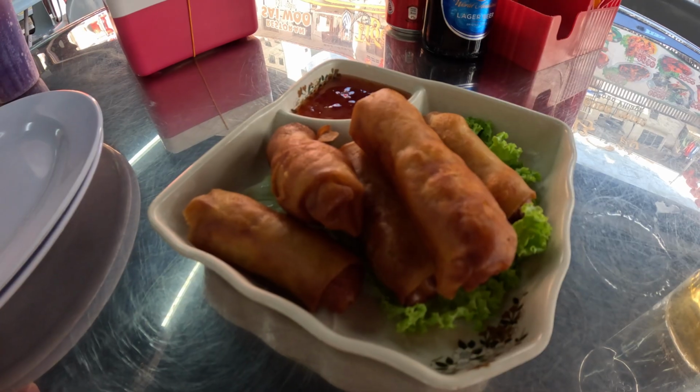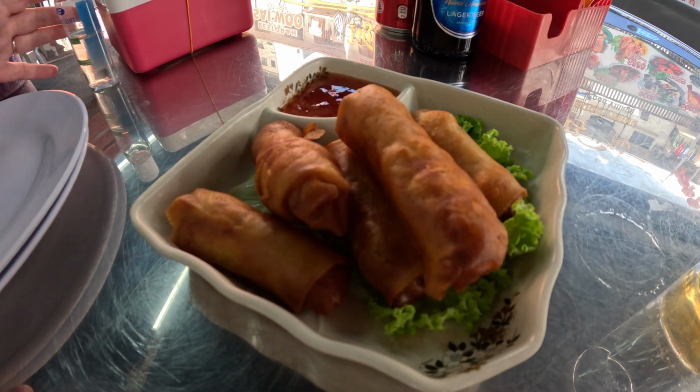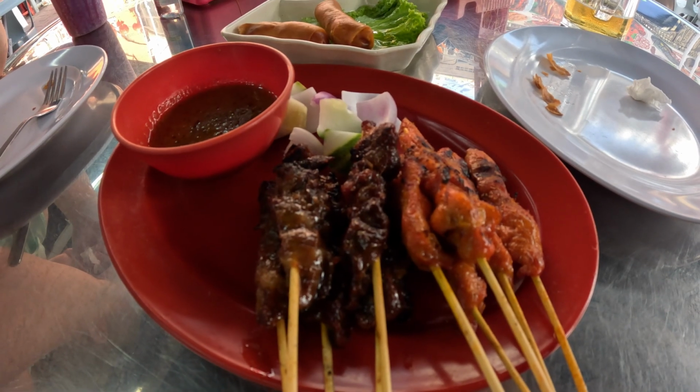So I don't know how many of the food stalls we're gonna hit, but we're definitely liking the inside of these restaurants, and they have fans going. So those spring rolls were absolutely dynamite, and the satay is amazing just by itself, and then when you put that satay peanut sauce with it,